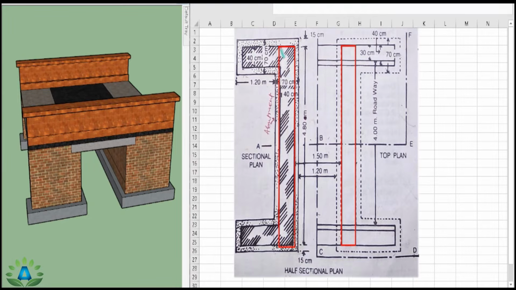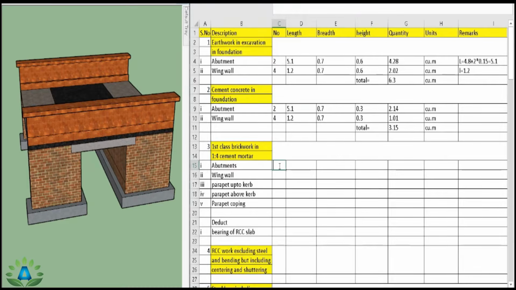That means this 40 centimeter width and the length is 4.8 meter. That is from this point up to this point. So we can write the length equals to 4.8 meter and width equals to 40 centimeter. So the number of abutments 2, length equals to 4.8 meter, width is 0.4 and the height is, we have